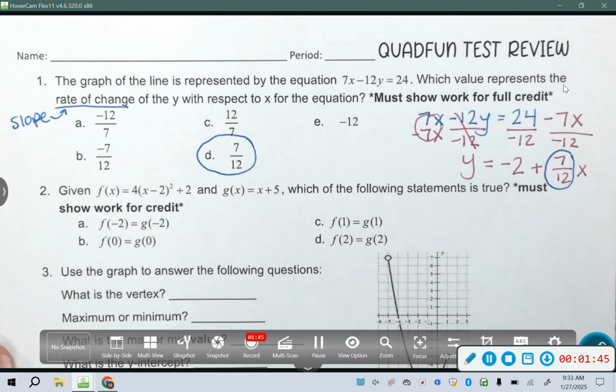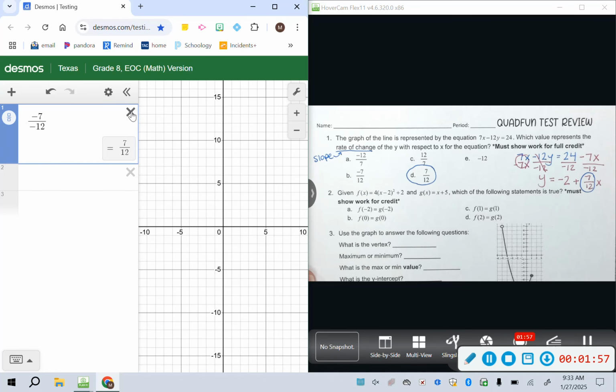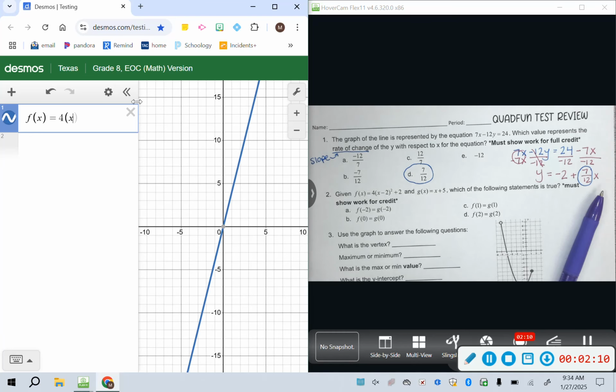Okay, these are my two show work problems, 1 and 2. Now 2 is a little different. Okay, so 2, I have these two equations, and then it's asking me these questions. So I'm going to split screen this one. So I'm going to type in the two equations that are given to me. So I have f of x equals 4 parentheses